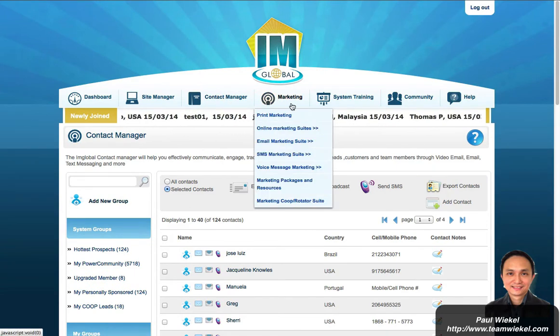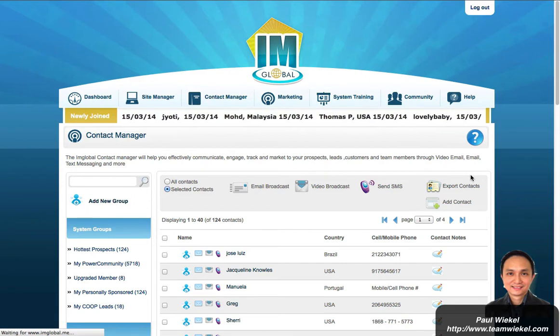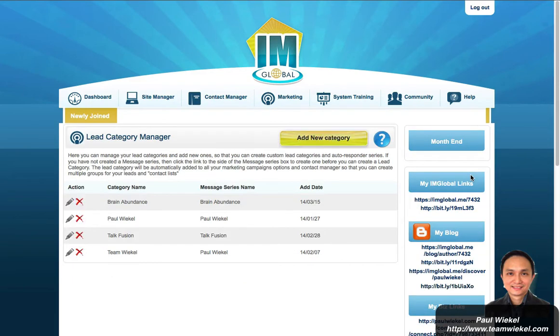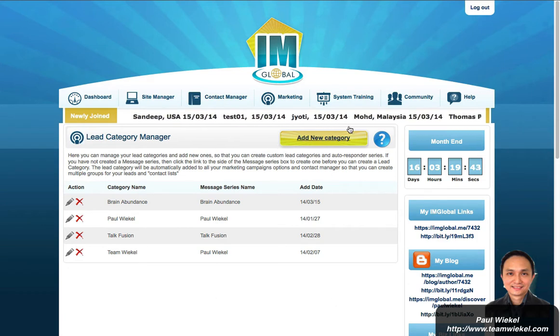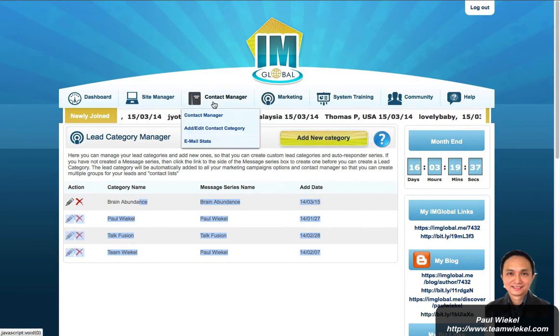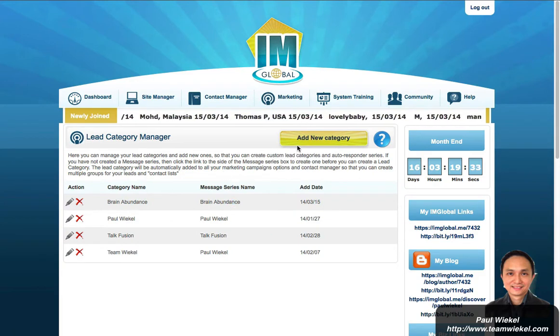So the first thing you want to do is to create a contact category. And how you do that is you click through to Contact Manager and you click on Add Edit Contact Category, right? And you come to this page. Now, before you're allowed to add a contact category, you actually need to go ahead and create, let's see. Okay, never mind, I'll just do it from here. So if you click on Add New Category,